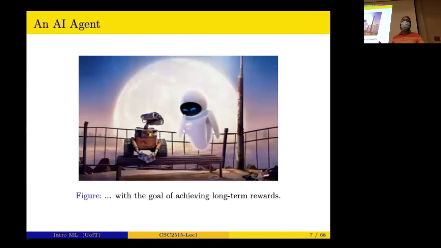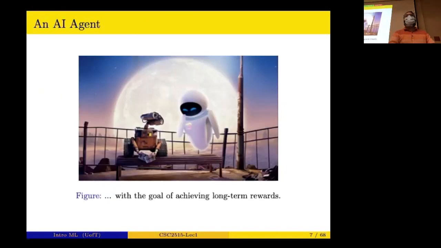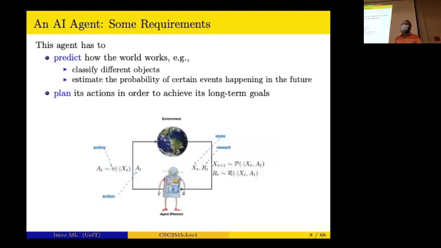What's the goal of this agent? The goal of this agent is to achieve some kind of long-term performance or long-term reward. So this agent is in its environment, observing it, taking actions, and making a sequence of actions until it gets a lot of reward. So this system that I described is what I usually use if I want to talk about reinforcement learning and what a reinforcement learning agent is doing.